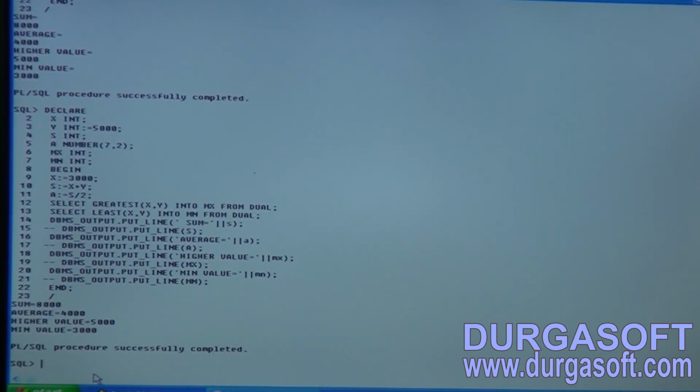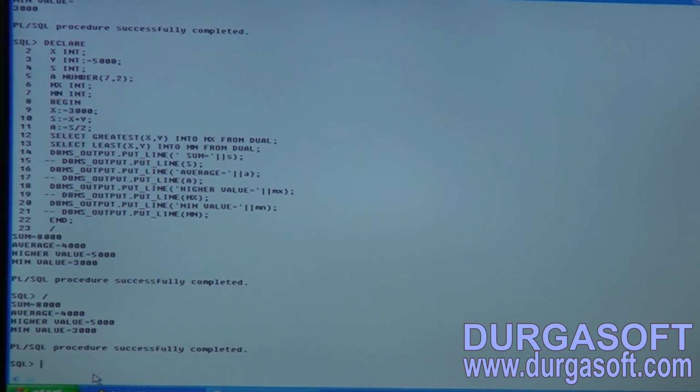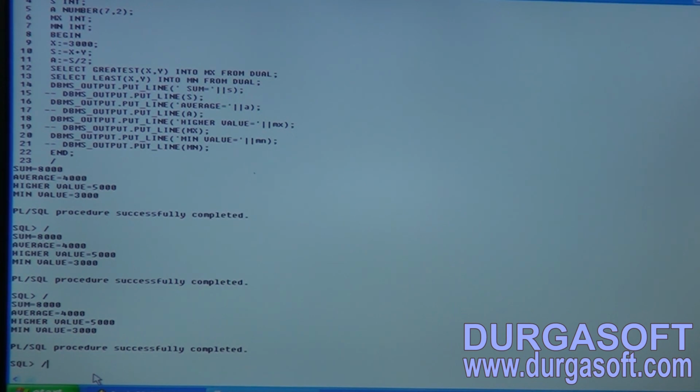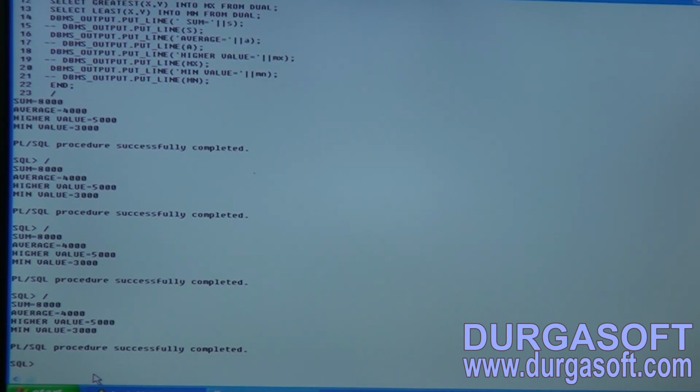Instead of getting sum equal to on one line and 8000 on another, in the latest output you are getting sum equal to 8000, average equal to 4000, highest value 5000, and minimum value 3000, right? You can compile and execute this any number of times and you will get the same output. The output is not going to change. Why? Because the input values in the program are fixed. In the next session we will see dynamic programs.